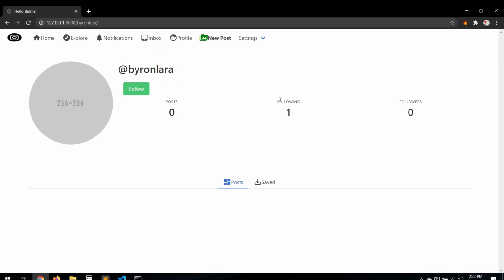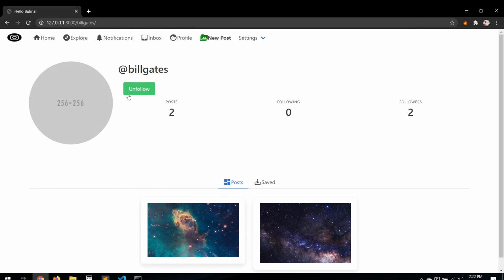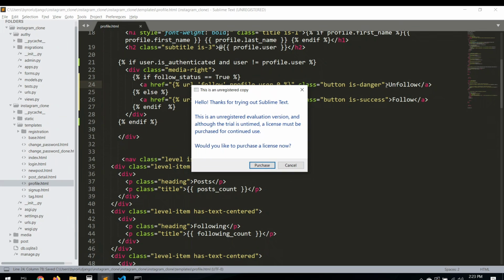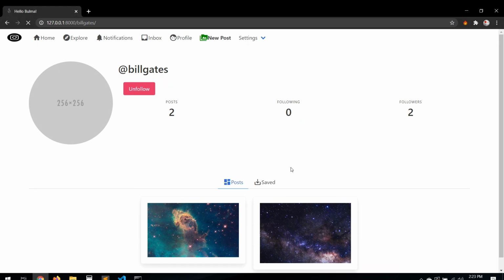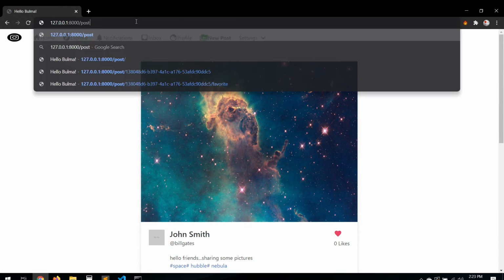Let's refresh. Yep, as you can see, it's working. Follow. Let's go to a user that we're currently following. In this case, it's Bill Gates, and you see unfollow is showing. Actually, we need to change the color of this button. It's danger. And yep. Okay, let's go home. That's all the Bill Gates posts. So if we go to Bill Gates profile